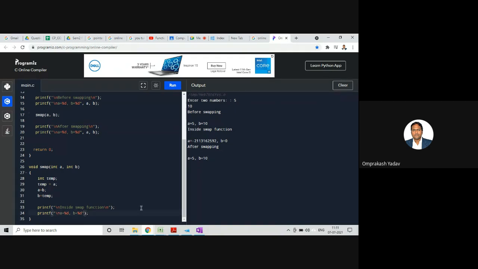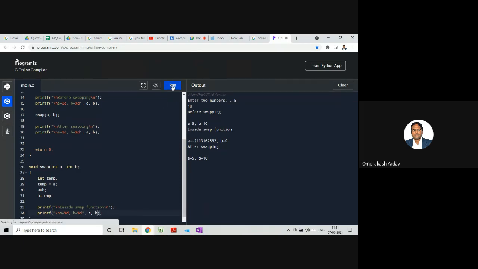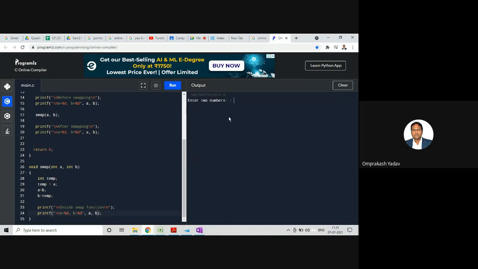Yeah, we have not printed that. I wrote this program very fast and didn't see properly. Okay, we have not printed the values. Okay, 5 and 10.